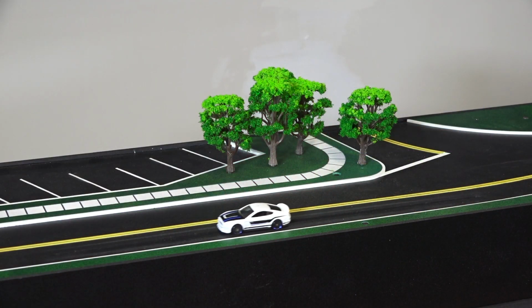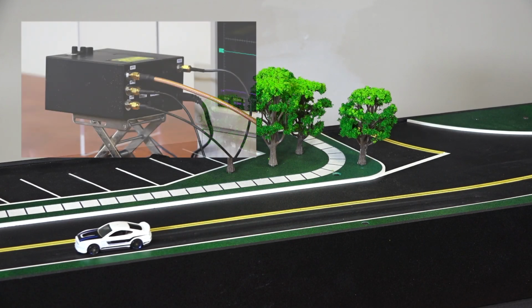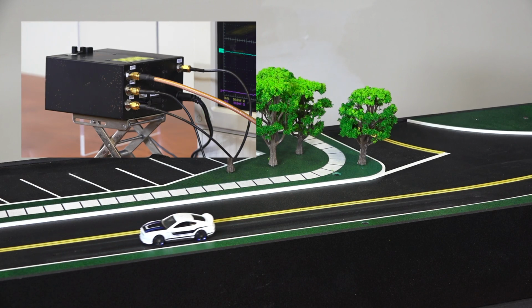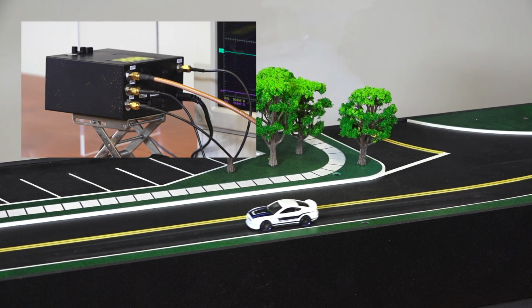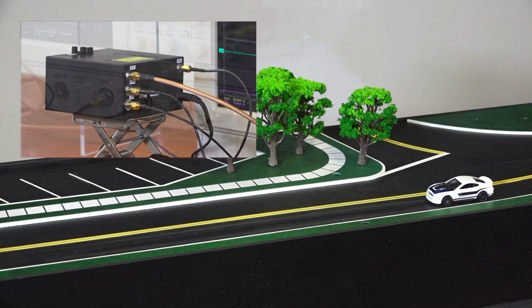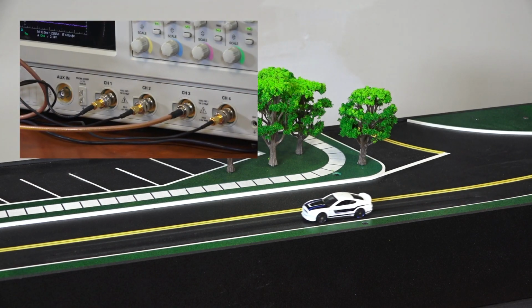Setting up this module is very simple. Just plug in the AC adapter that comes with the module, plus connect the four outputs to the oscilloscope. The first three outputs are for the built-in detectors, and the fourth one is to display the laser diode trigger. After connecting the wires to the oscilloscope, we now turn on the power switch,